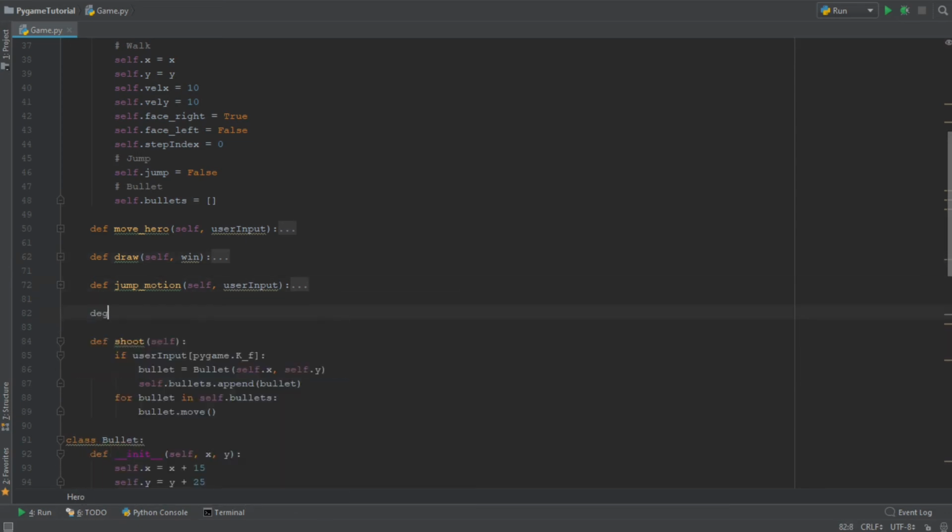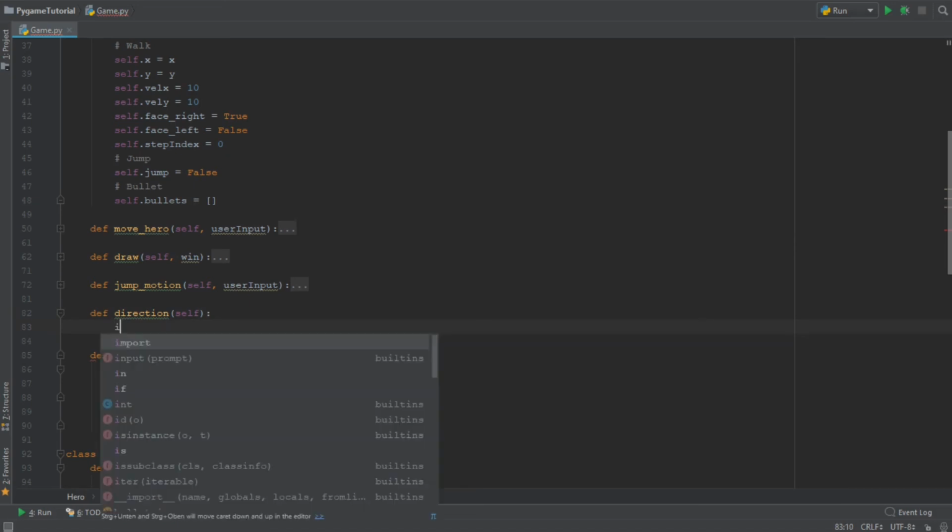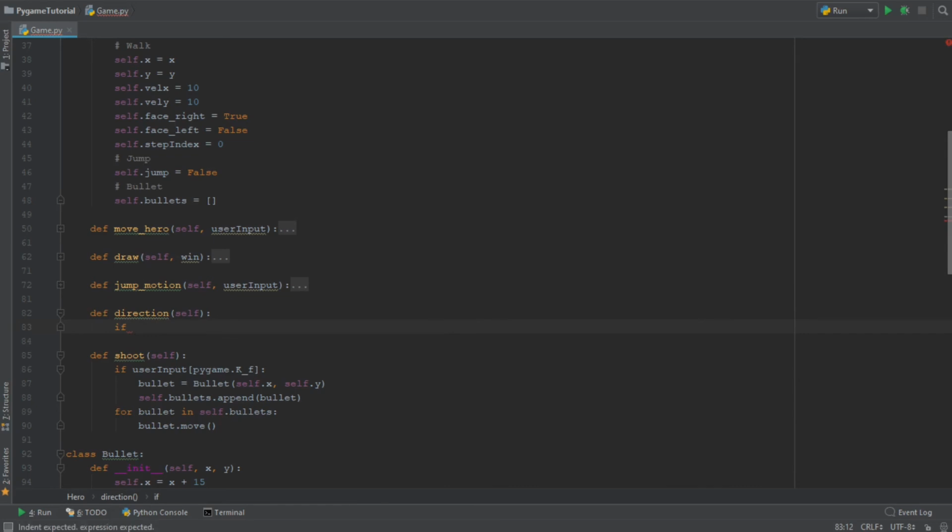So define direction, and the function is simply going to return in what direction the character is facing. So if self.face_left is